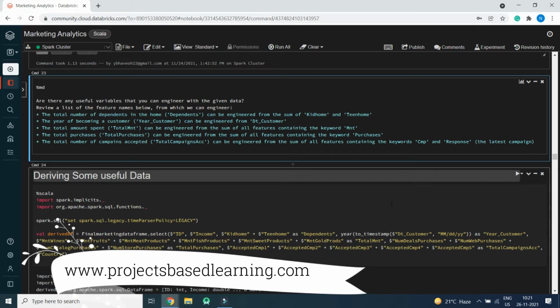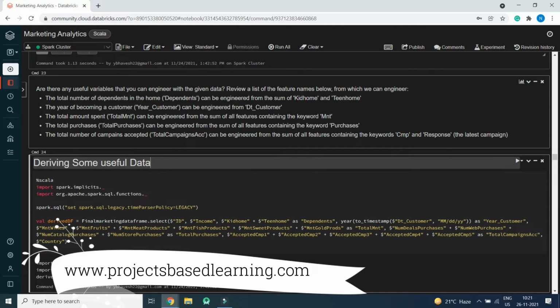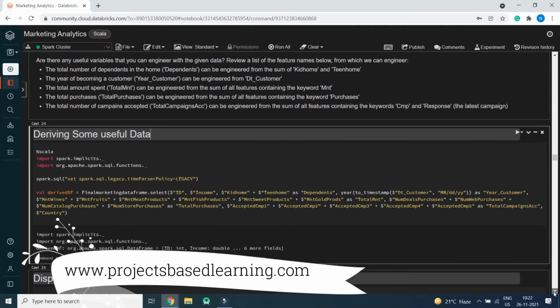Total amount spent will be the collection of MNT columns. Total purchase will be the collection of the number of purchase columns, and total campaigns will be the accepted campaign columns.